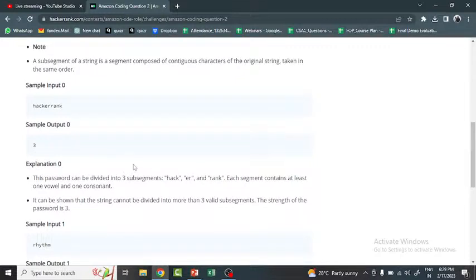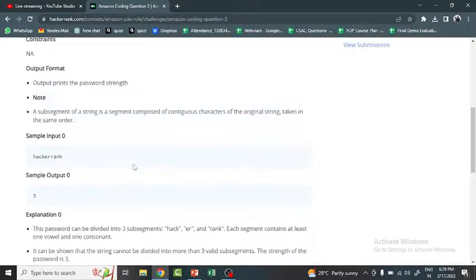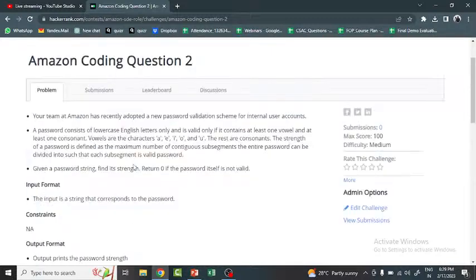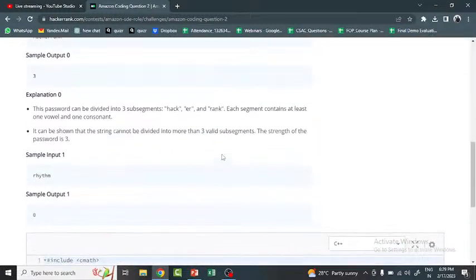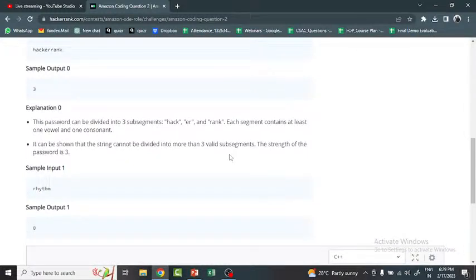So I am supposed to divide it into subsegments such that there should be at least one vowel as well as at least one consonant. Here it is given, right? A subsegment is valid only if it contains at least one vowel and at least one consonant. So this is the way of dividing it